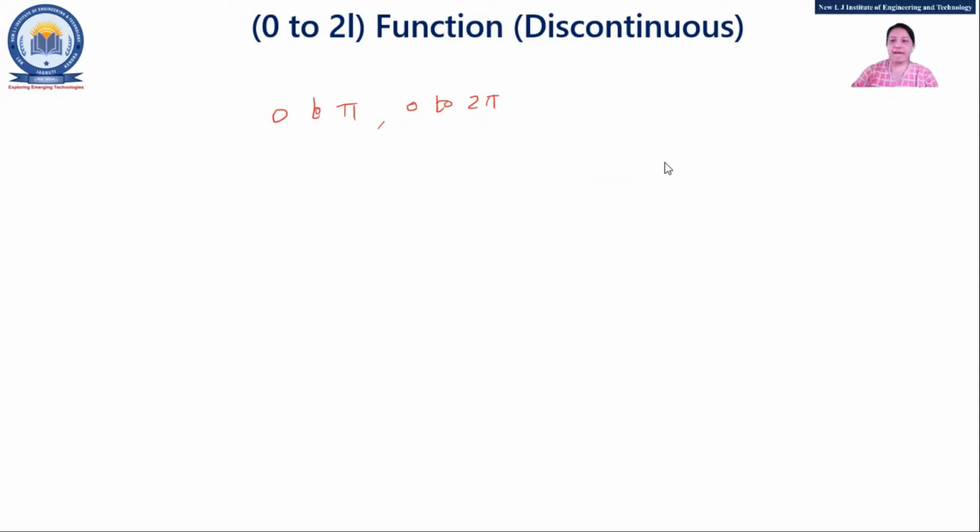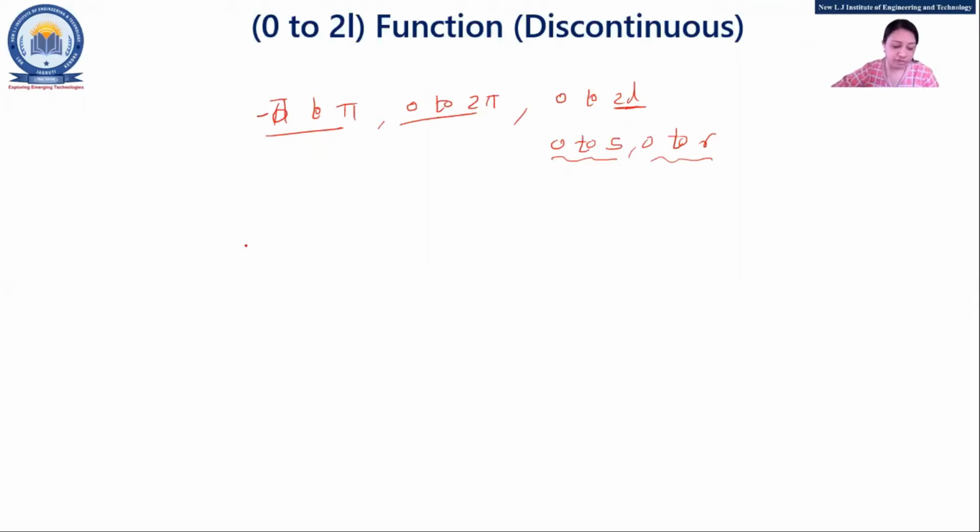Okay. So what happened there? 0 to pi or 0 to 2 pi. Up till now we have seen this example, and obviously minus pi to pi. Now 0 to 2L, that means some value is supposed to be there. That means you will have an interval, suppose 0 to 5 or 0 to 6. How to solve it, or what is the equation for that kind of sum? So that we'll discuss today.